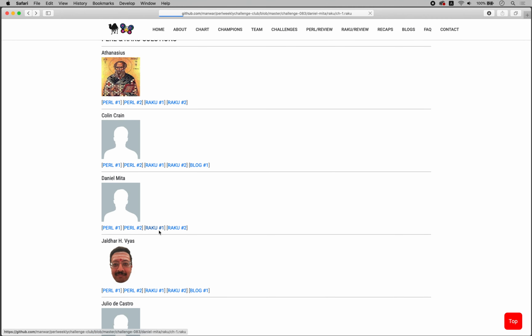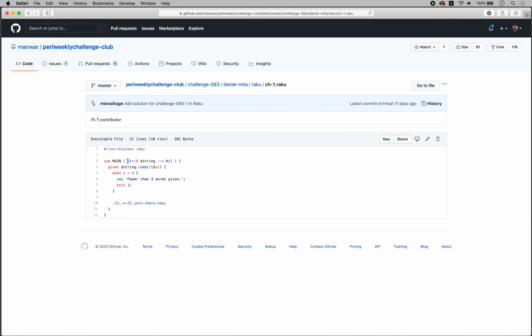Daniel Mita, Raku 1. Right, so we take the string and we return nothing. We state that in the signature of the main function for given. So this is a different approach, at least so far. Comb, we split this string by spaces, right? Because we just use this pattern to take the next part, if I'm correct. And if there are less than 3 elements after that, so it topicalizes the result of this. If there are less than 3 items,